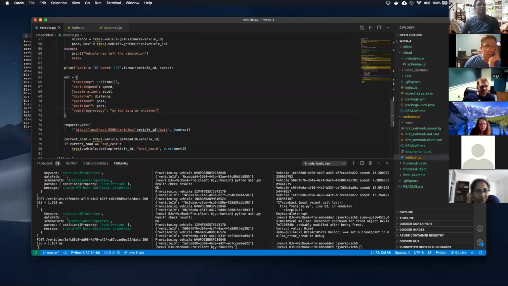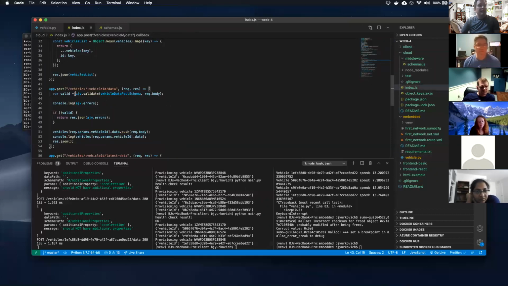By calling ajv.validate, passing in our schema, and then validating the request body against that schema, we're able to get this additional properties failure, and it should not have additional properties.